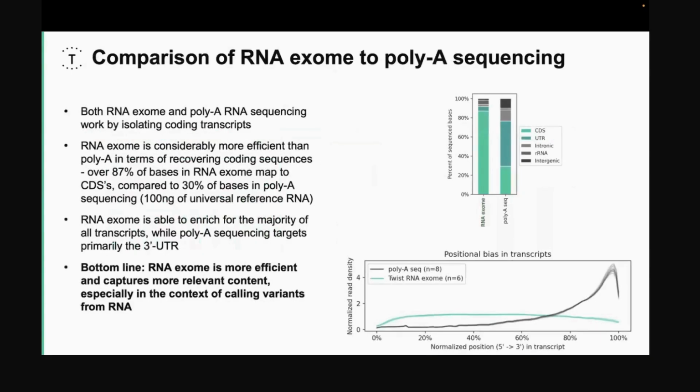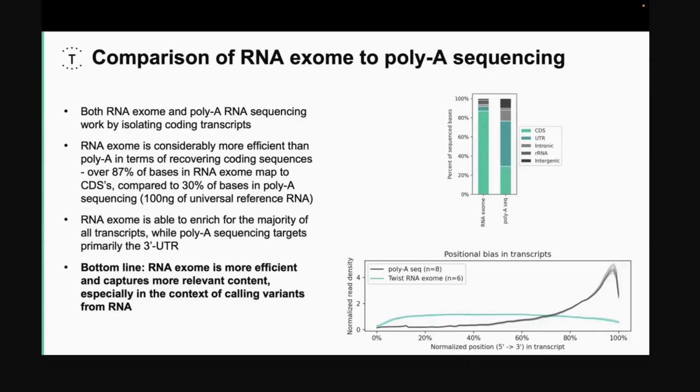We also compared RNA exome to poly-A sequencing. As you all know, both RNA exome and poly-A RNA sequencing work by isolating coding transcripts. RNA exome is considerably more efficient than poly-A in terms of recovering coding sequence, as you can see in the bar graph, where RNA exome ends up covering 85% of coding regions and poly-A only 25% of coding regions, which shows that RNA exome covers 87% of bases compared to 30% of bases